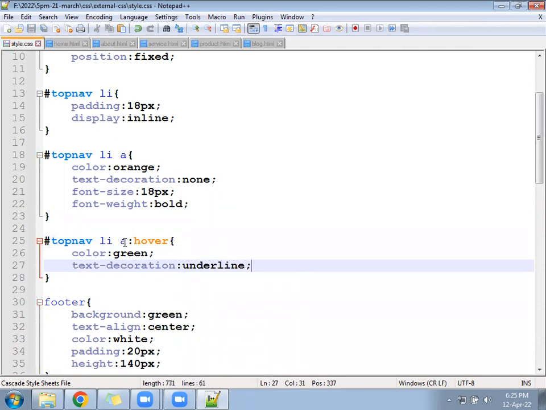Color as green, text decoration as underline. Color green, text decoration underline.